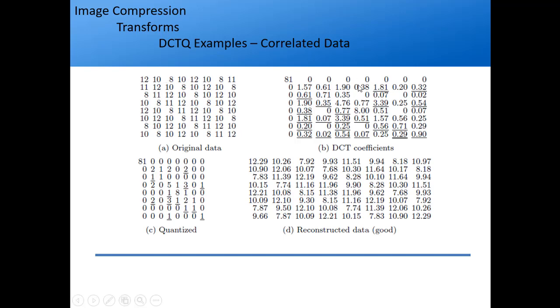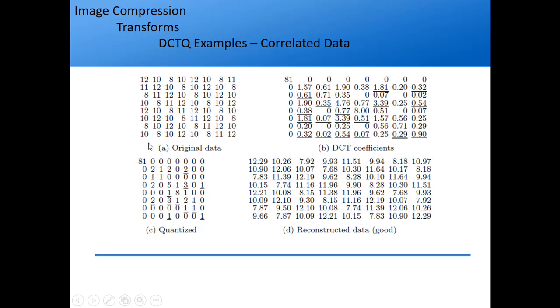So if I use that formula, I get these DCT coefficients, and it is used for 8 by 8 blocks. Then I use a quantization table. It is a standard table given in literature. If I use the quantization table, I get the DCTQ coefficients. These are quantized values. If you observe, a very high value is only at the first element. This is called the DC value or average value. It contains most of the information, and all the rest of the values are 0.